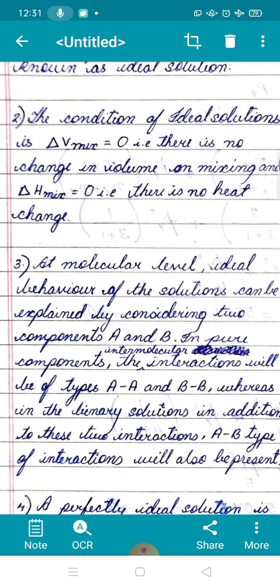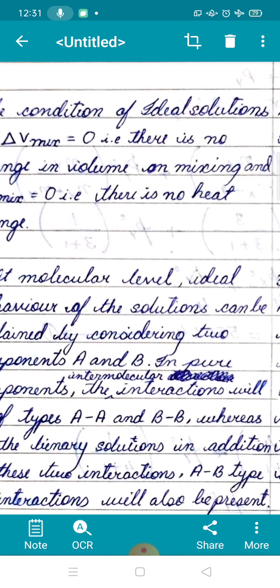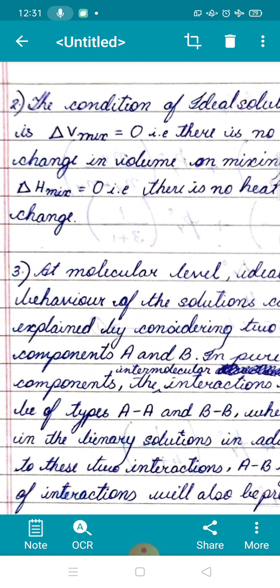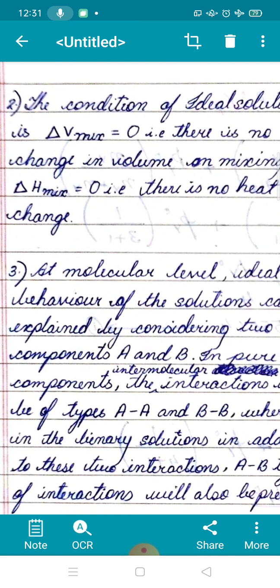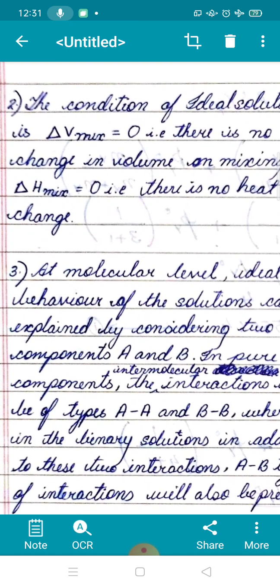Now, when is there heat gain and when is there heat loss? You know from the chemical bonding concept that when bonds are formed, heat is released. When bonds are broken, heat is absorbed. Here, since the AA and BB interactions are the same as the AB interaction, the bonds breaking and forming have the same energy. The energy needed to break the bonds of A and B is the same as the energy released when AB bonds are formed. As a result, the overall heat change of the solution is 0.